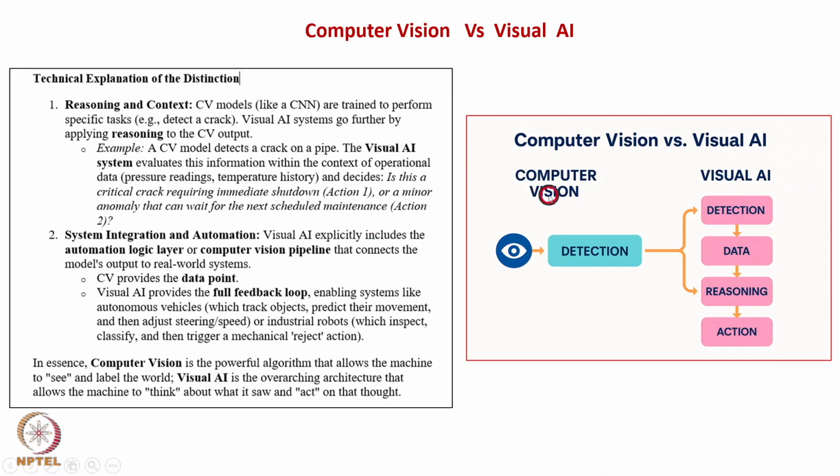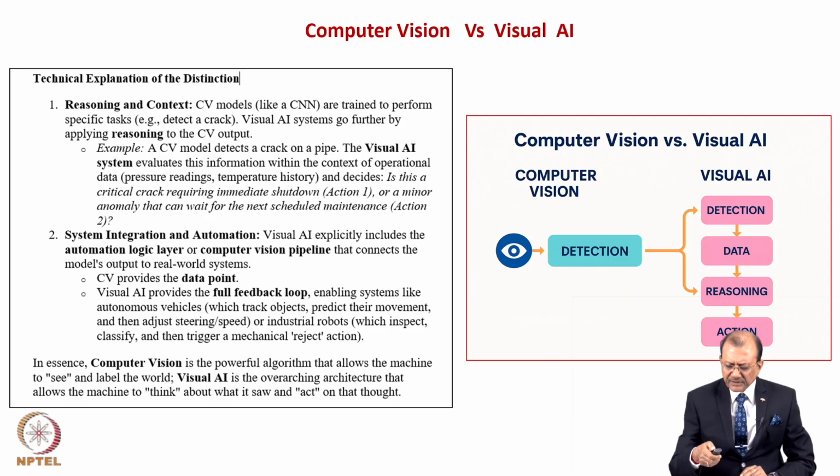If you see the right hand side picture, computer vision versus visual AI, computer vision has the capability of deduction, while visual AI has not only deduction, it is also taking action. So this is the difference, and visual AI is the advanced version. Today, when we say computer vision or visual AI, it doesn't make much difference. But we have to see the underlying technical difference in the capability of these two kinds of technologies.